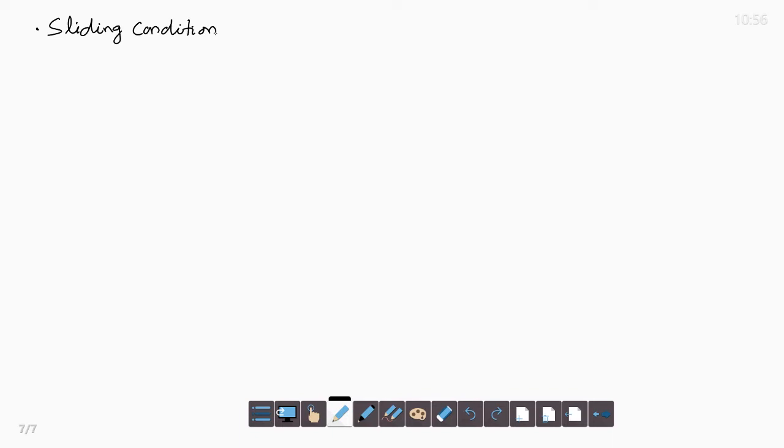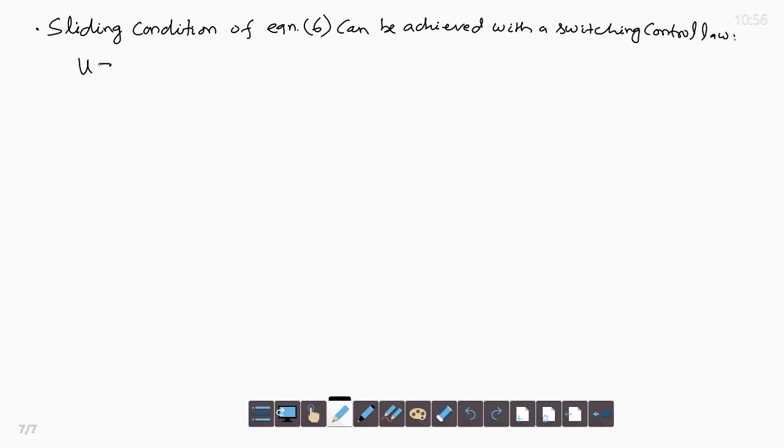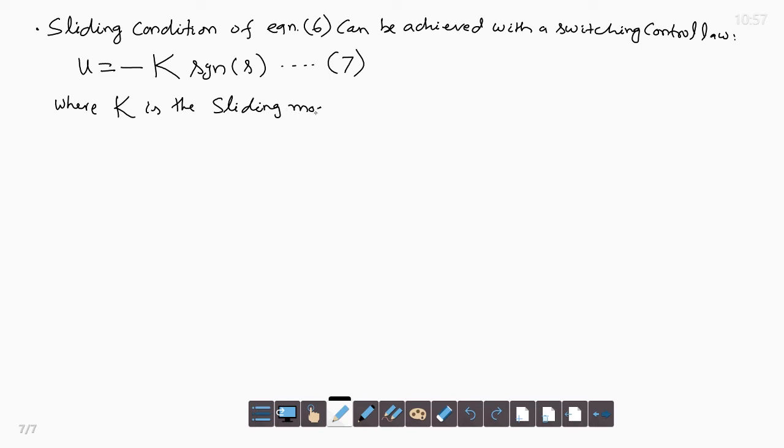The sliding condition of equation 6 can be achieved with a switching control law u equals minus k signum of s. This is equation number 7, where k is the sliding mode controller gain